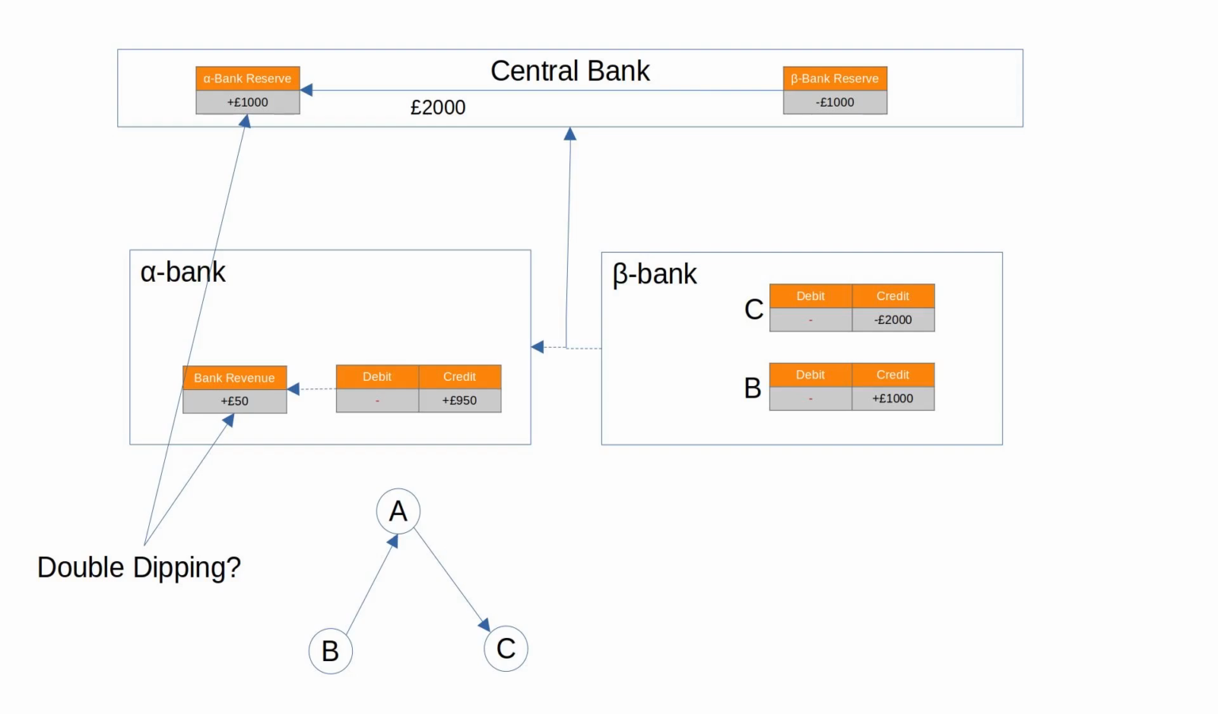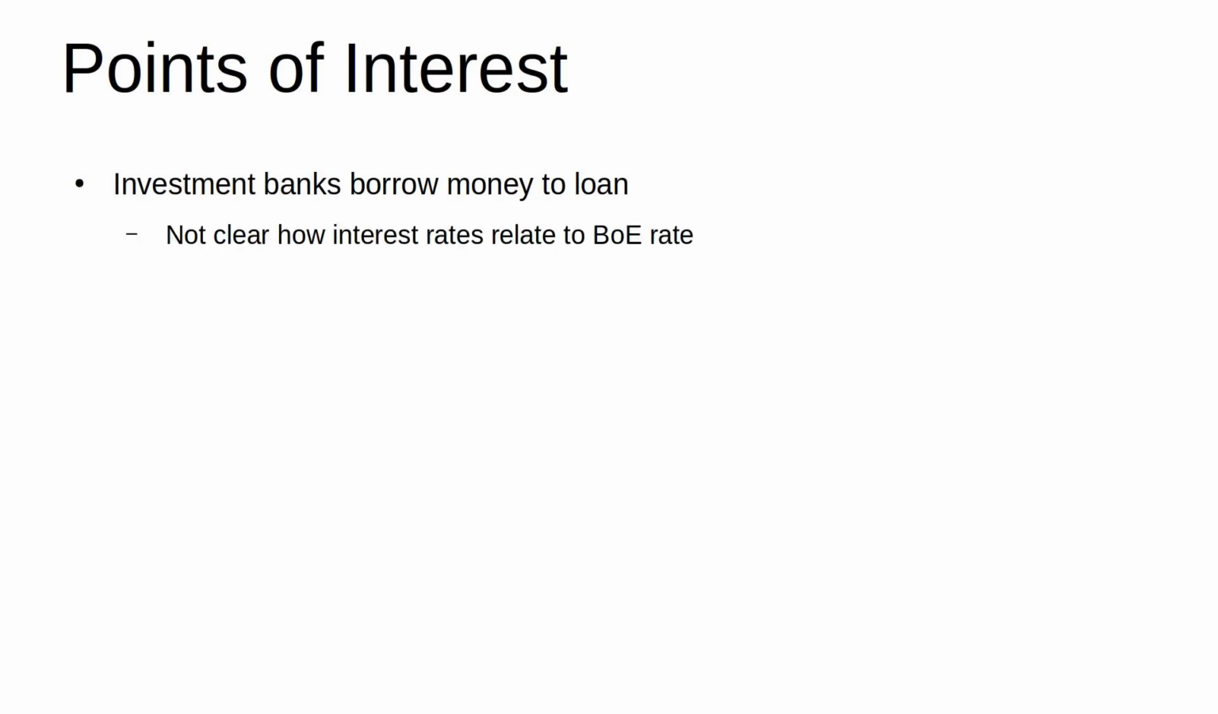Of course, it's possible I've missed something in the processing of payments that brings the loan amount into contact with the Bank of England base rate and thus justifies a proportion-based interest rate on a bank-created loan. If you're able to explain this, please let me know in the comments. To summarise the points so far, investment banks borrow money to loan. It's not clear how the Bank of England base rate relates to the interest rates for such loans,